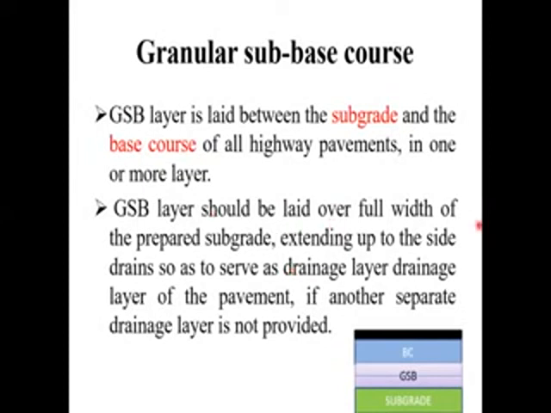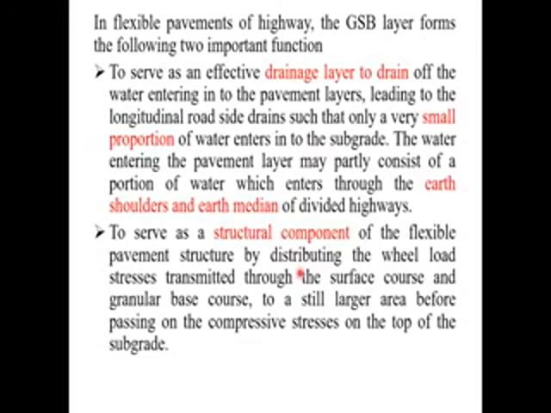Next, CBR value. You know how to calculate CBR. It should be greater than 30% for an important highway, that is a national highway, and it may be 25 or 20% if it is satisfactory. If the CBR is 20 or 25%, it is for other important roads, that is, district roads or village roads. Okay, these are the 3 points.